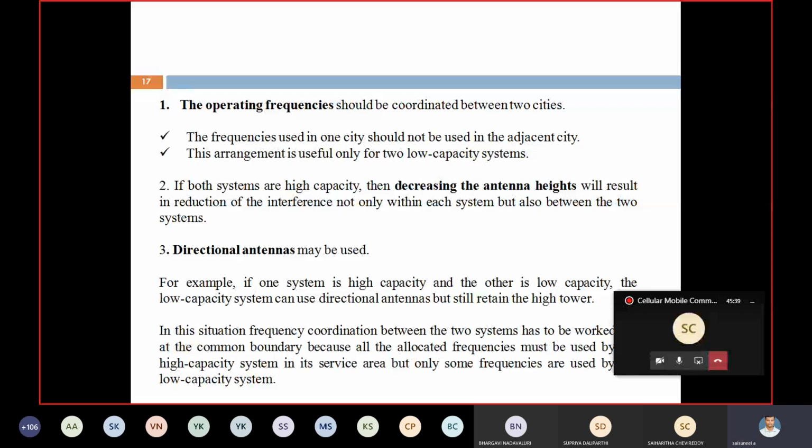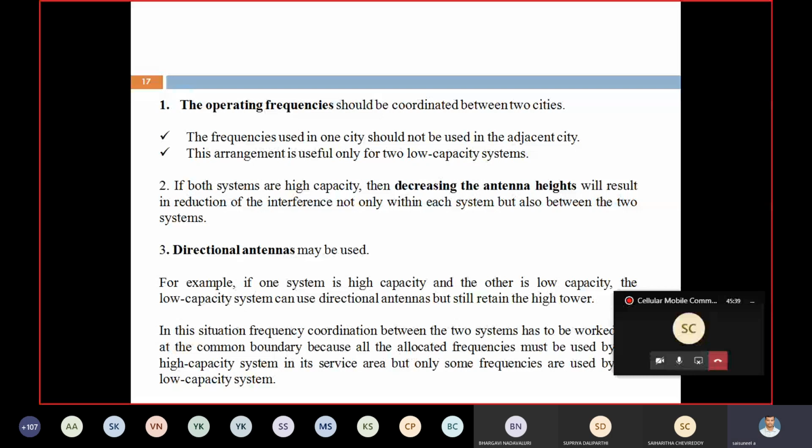Right? And how do we overcome these problems in two cities? It is better to use two different frequencies in the systems, not in the two cities. And if both systems are high capacity, we have to increase the antenna height. That's why, in a series, fixing the base station height is maximum. It is using a stair or three links only. Fixing the antennas is the problem.